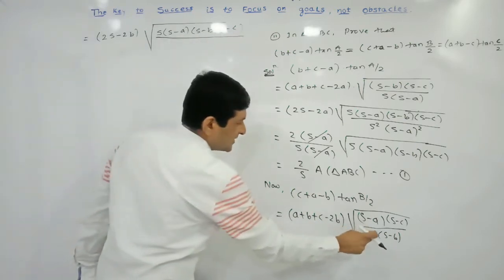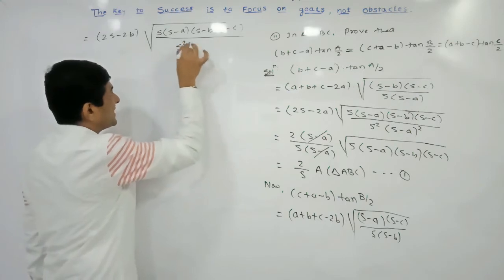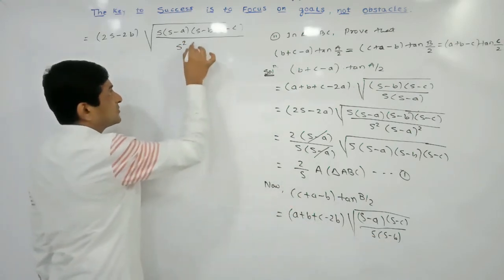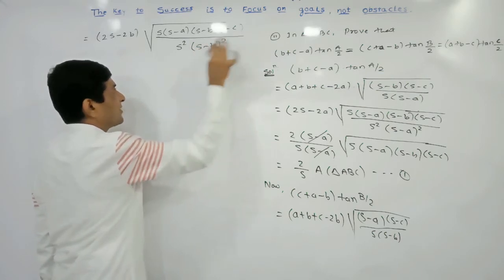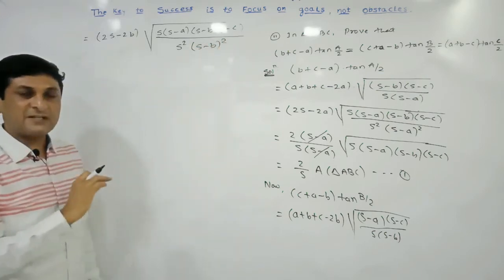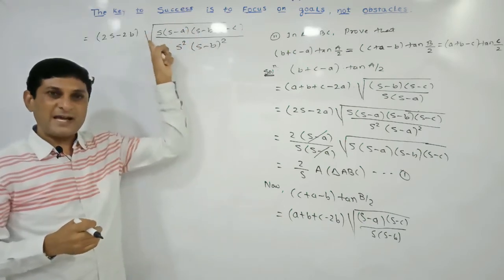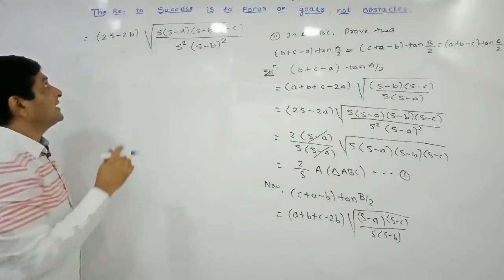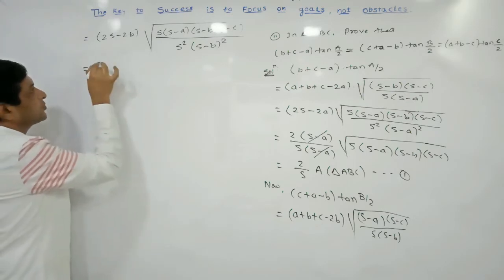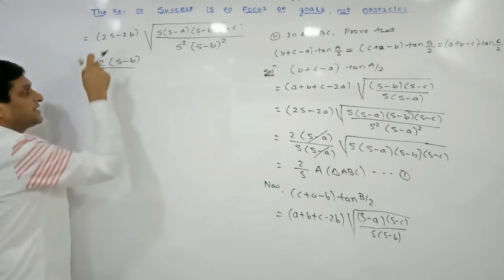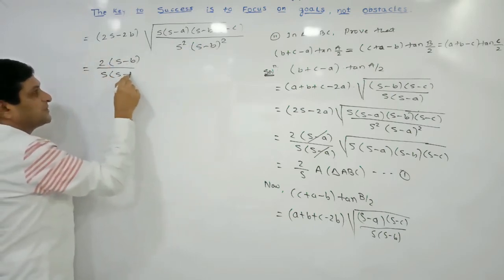If we are multiplying here by s, s into s will become s square, and since we are multiplying the denominator by s minus b, s minus b into s minus b will become the square of s minus b. Means this result we have got after multiplying the numerator and denominator by what? S into s minus b. Let us simplify it. Here take 2 common. So what will we get here? S minus b. These two terms, take them outside the root, it will become s into s minus b.